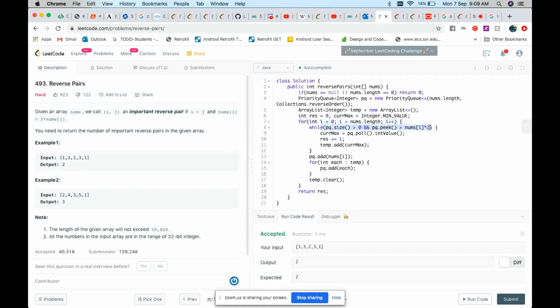If pq.peek is greater than nums[i] times 2, then increment my result. I'm maintaining the temp array because I'm saving whatever number I popped so that I can push it into the priority queue again.